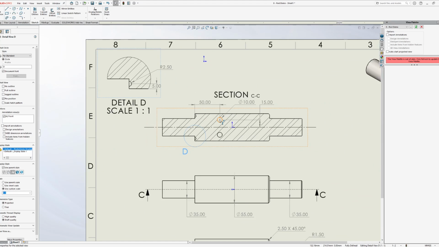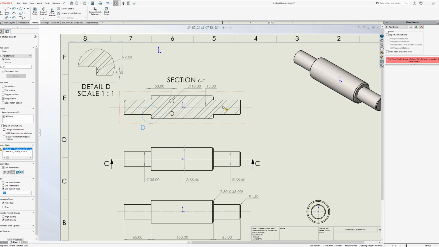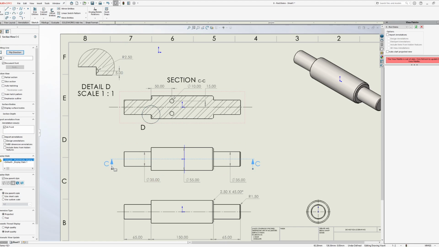That's a good part of the detail view. One little detail about the section view as well. So you'll see here that we have arrows, and we also have the ability to flip the direction as well. So hopefully this doesn't break everything. Okay. Made things a little bit wonky, but not too bad. Basically,